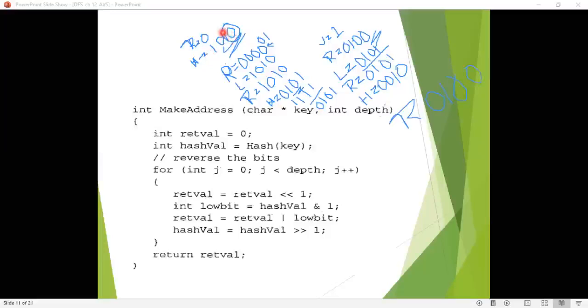This is the actual hash value 1010. This is the low bit of this hash value and this is the high bit. We wanted to retrieve these low bits in reversed order. What is the reversed order from right to left? It is 0 1. The same thing you got here in the return value after this method, that is 0 1. This is how make address works.